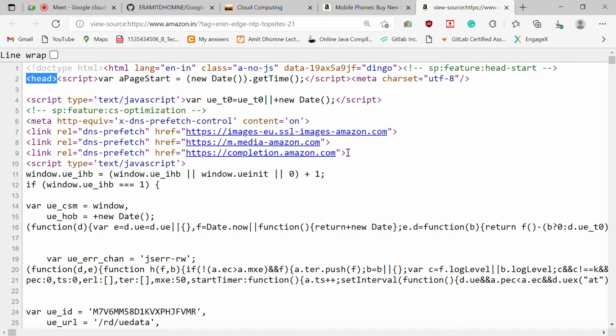Now, what do you mean by CSS? The question is, what do you mean by CSS? CSS is cascading style sheet. This cascading style sheet is responsible for what will be the size of the image, the header of the image. Header means the text that you are writing on the image for your website. What will be the size of that? So size of image, size of text, color